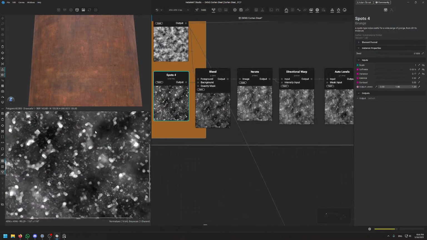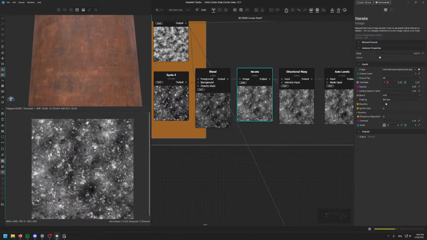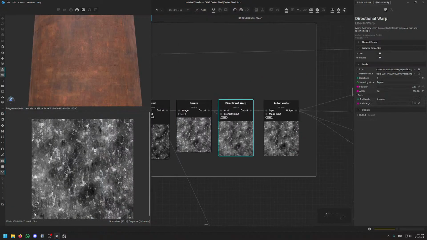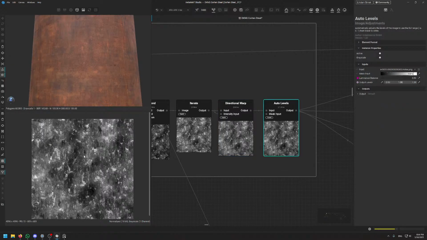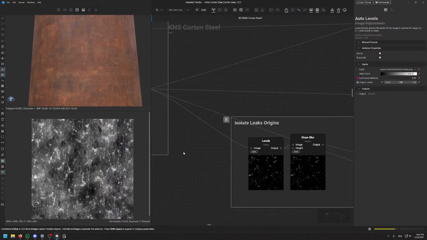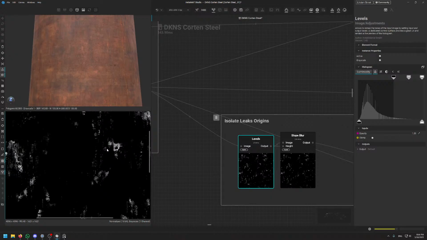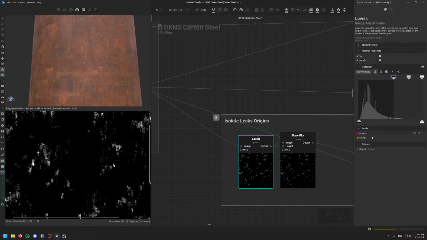Basically what I did, I took spots, blended it with some noise, iterated it, so I got a lot smaller spots as well. I warped it a little bit with itself, so it's like a bit of a dripping effect in one direction, right? Moving down. I just recovered some of the values, and then I clamped it. And so what I get is like these original spots, dripping a little bit,